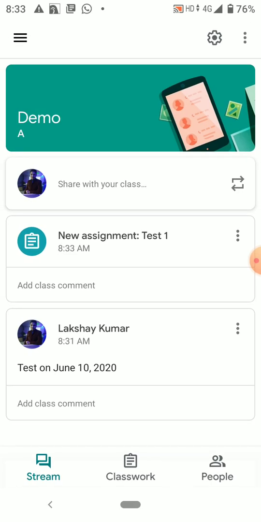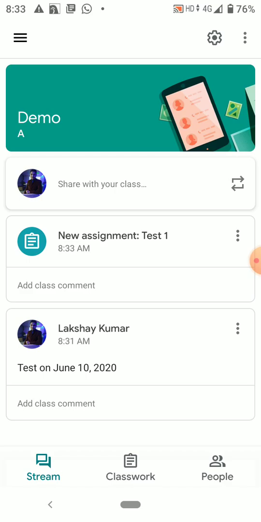Okay, now I am going to show you how I can connect Google Forms with Google Classroom, and that with Google Sheets. Actually, Google Forms is an easier way to conduct quizzes and tests, because the computer itself checks all the answer scripts, and you don't need to manually recheck them.